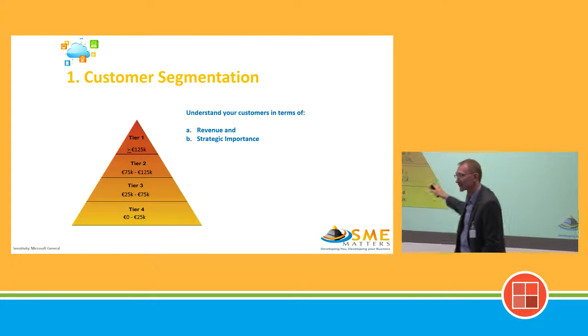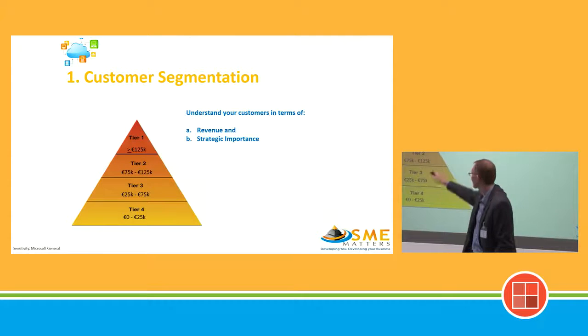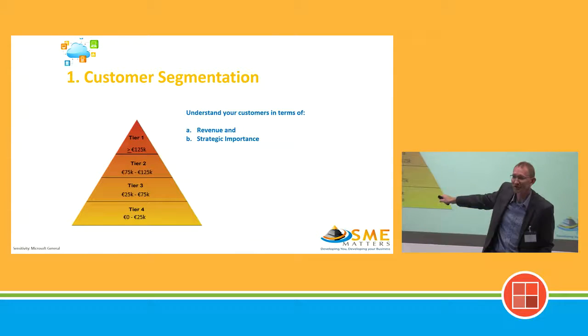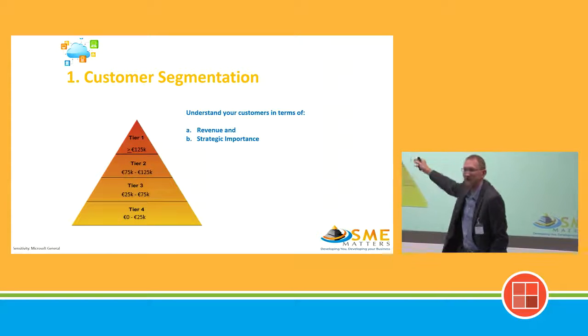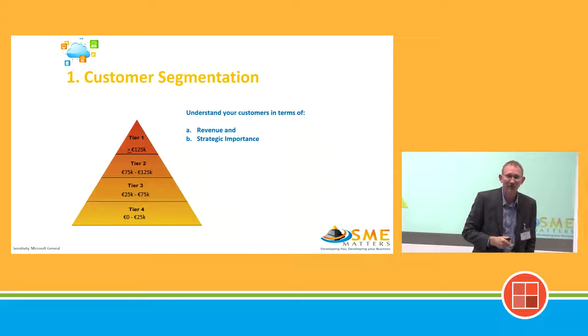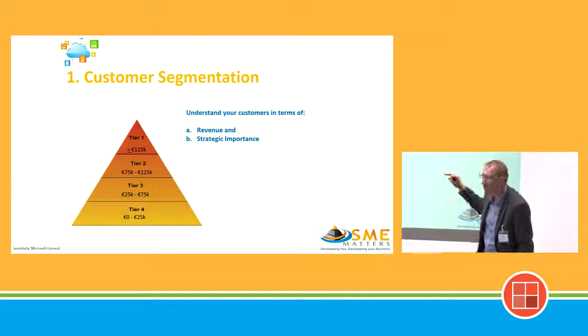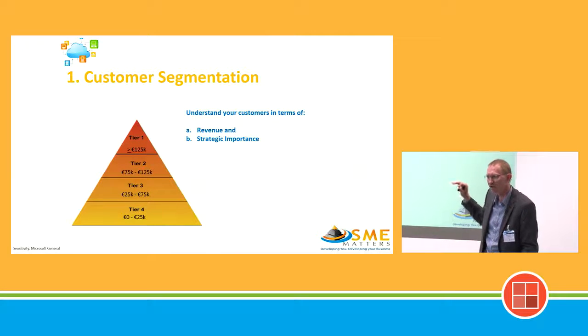You can make this relevant for your own business. So that could be 0 to 250 euros, 0 to 2,500, up to 12,500. Make it relevant. Could be 1.25 million for Tier 1s. But once you understand the value of your existing customer base, it starts getting you to think differently about your customers.